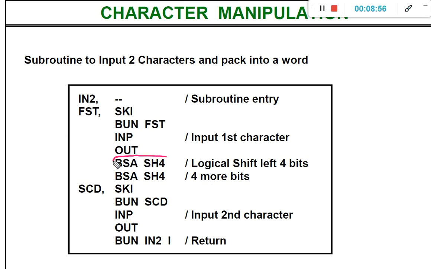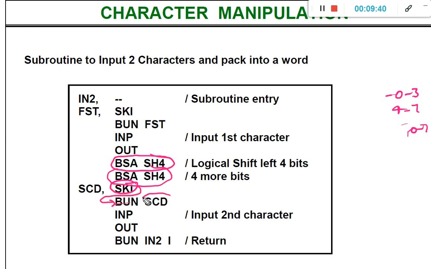Now, this BSA sh4 is going to call that particular subroutine and clear the bits from 0 to 3, and then once again we are going to perform the same operation to clear the bits from 4 to 7. So, from 0 to 7 the bits will be cleared. Once the bits are cleared, we need to input the second character. For that purpose, the same code is repeated,